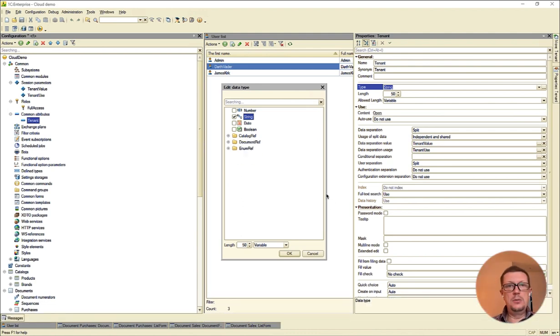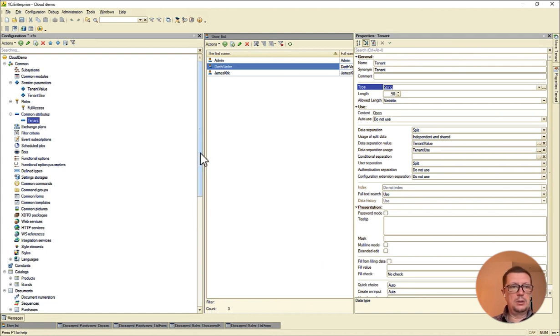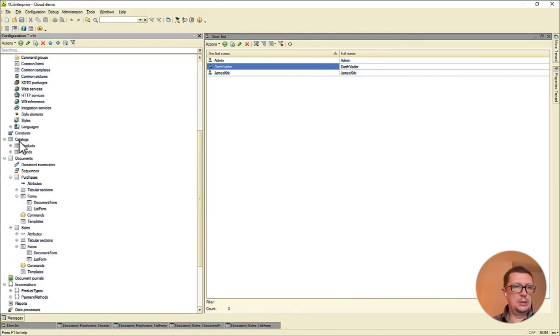So if I can use a reference to a catalog as a data separator, maybe I could create a new catalog and list all my tenants, all my companies I work with, inside of this catalog and use the reference to these catalog items as a data separator, which would be very convenient, obviously. So let's try to do that.